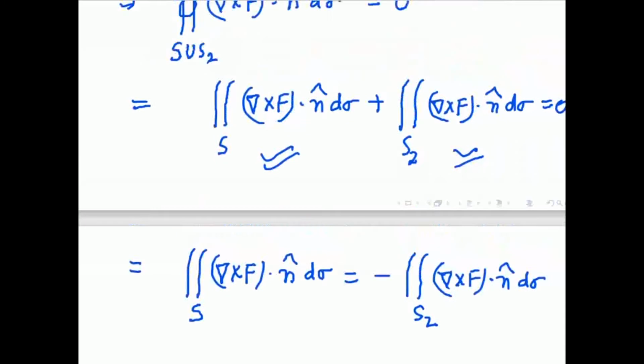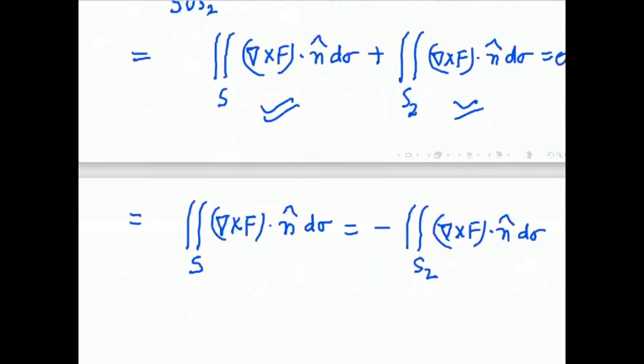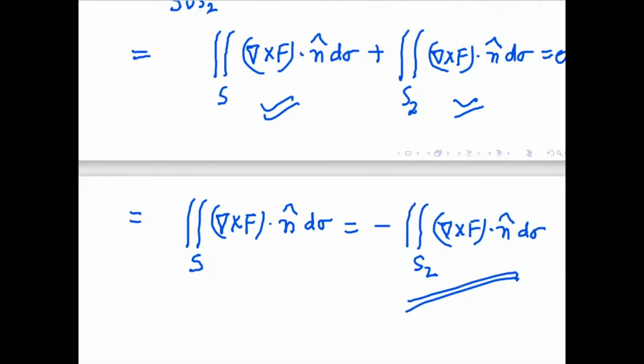So is that clear up to this? Now we will calculate this integral over S2, and whatever answer comes, that is the same as this surface integral by using the Gauss divergence theorem. Once I complete this solution, I will summarize what the technique is and how you can use it directly in some problem.